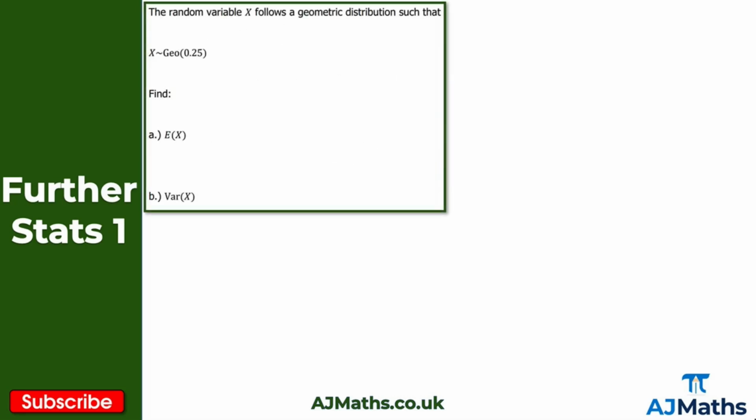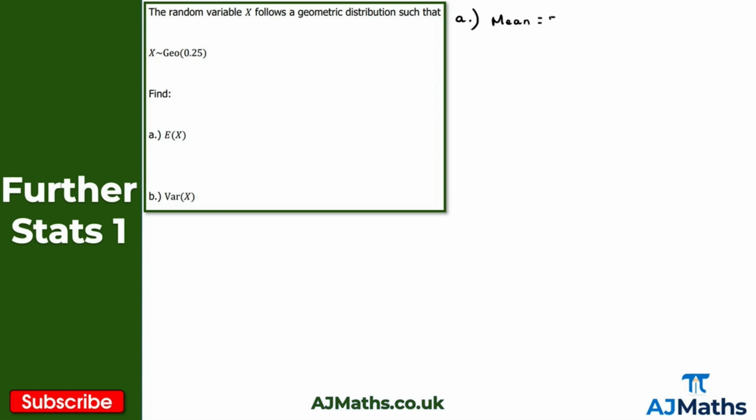Starting off with question 1, we've got the random variable X, which follows a geometric distribution, such that X is geometrically distributed with parameter 0.25. We've got two parts here, part A and part B. In part A, we simply have to find the expectation of X. In other words, we're looking for the mean of this geometrically distributed random variable. So for part A, for the mean, just using the results that we established at the beginning of this video,